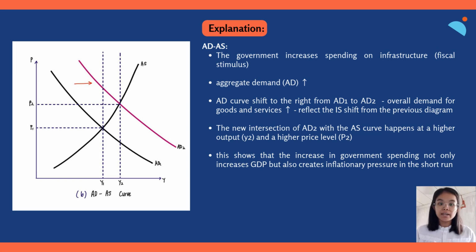Moving on is the AD-AS curve. As I mentioned just now, the increase of government spending, in this case infrastructure spending, will increase aggregate demand. When aggregate demand increases, it will shift to the right from AD1 to AD2. So when the AD2 curve intersects with the AS curve, this will lead to higher output at Y2 and a higher price at P2. For this diagram, what I can conclude is that fiscal stimulus can increase the real output or GDP, but it can also cause inflationary pressure in the short run because of the increase of the